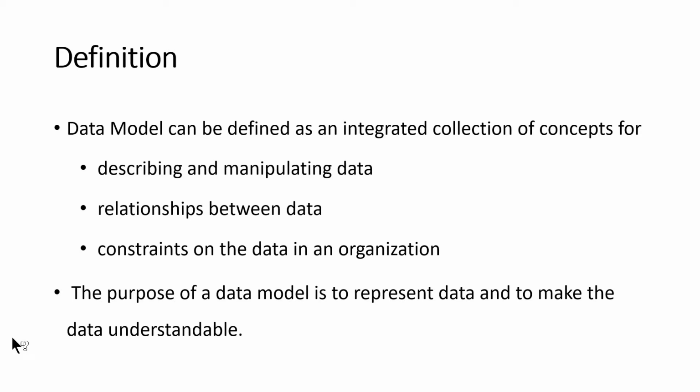Next is regarding data constraints. Then what is this constraints here? Constraints are nothing but rules which are enforced on data columns of a table. Then what are data columns? Data columns are nothing but column headings, or even we can just call here a field, or even we just call here the attribute also.